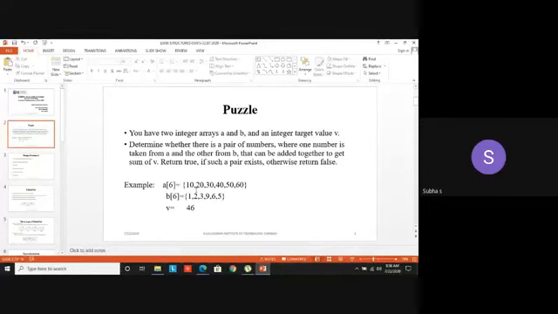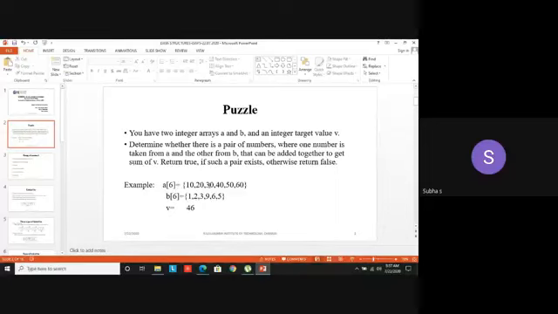But this is a very practical, very naive solution. So you are comparing 10 with 1. It's not equal. 10 with 2, 10 with 3, 10 with 9, 10 with 6 and 5. Yes, you are adding, but in this first iteration itself, you are not getting the answer. So what will you do? Next iteration, ma'am. Yes, you will increment that i loop. Yes, i equal to 1. So 20 added with 1, 20 added with 2. You are not getting the answer.